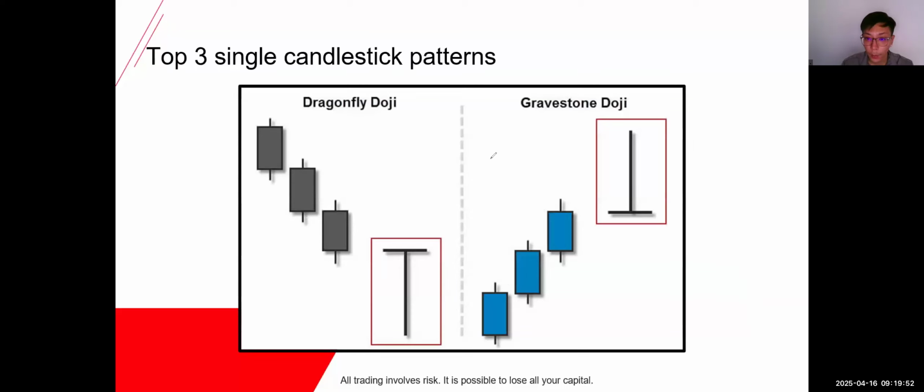So generally, imagine this. Let's say on the right side, focusing on this, we have a resistance line, and then we have a closure of a doji candle. Then you want to look for sells. And then vice versa. For here, we have a support level, and then we are looking for price to go up. Remember the very first slide, the anatomy of a candlestick? The longer the wick, it means that price actually went down before and then went up.